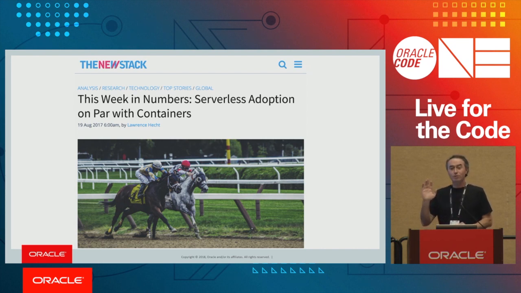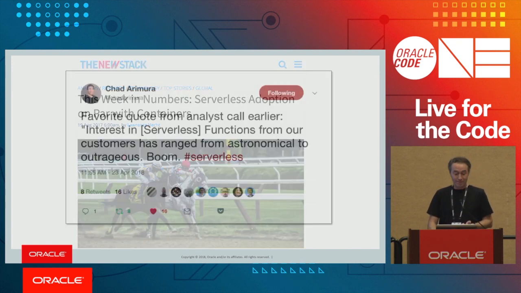Okay, so who's using containers in their job? Okay, who's using serverless functions? Okay, a couple, but not on par. So I think they may be enthusiastic, right? A bit over the top. And this again is last year, so they're claiming either containers are dead or containers are on par with functions.